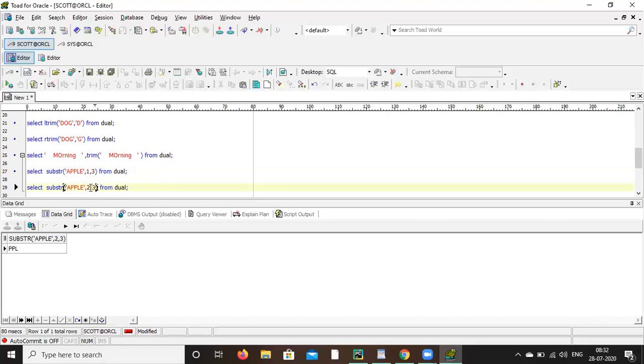Okay, so here from the second position, it will count 3 characters.